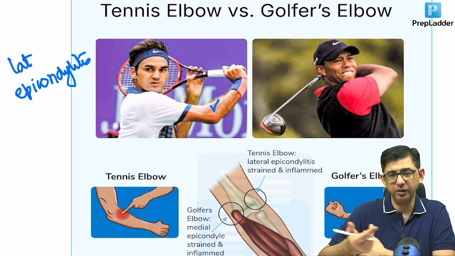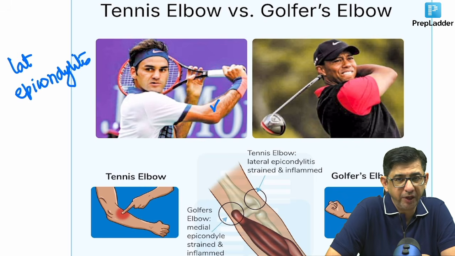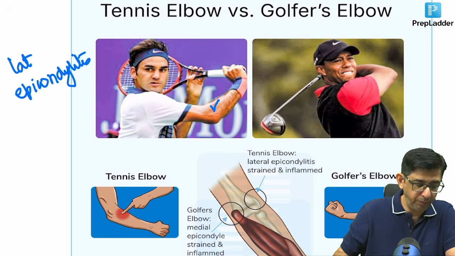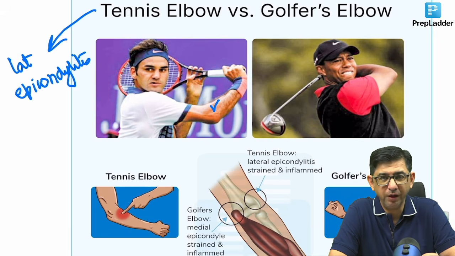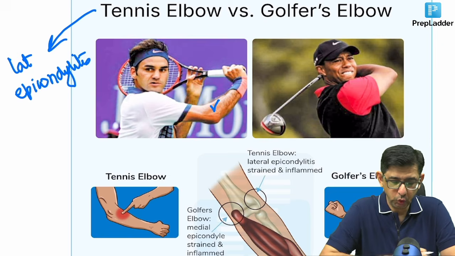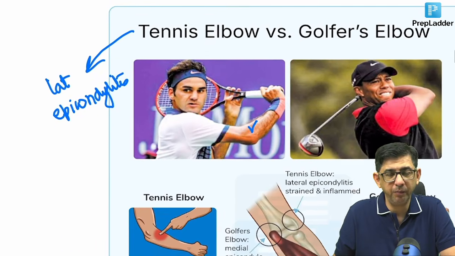Tennis backhand versus the swing of the elbow with respect to what Tiger Woods is doing, then the injury would be medial epicondyle. Try to remember at least one for today. Nadal is one of the fittest players that you ever come across. The number of Grand Slams that he has won is unparalleled, and great stamina, I would say. And then lateral epicondylitis is something that they have to fight all their life. So the answer to the question that we discussed was option number C, but injuries of the upper limb are very frequently asked.